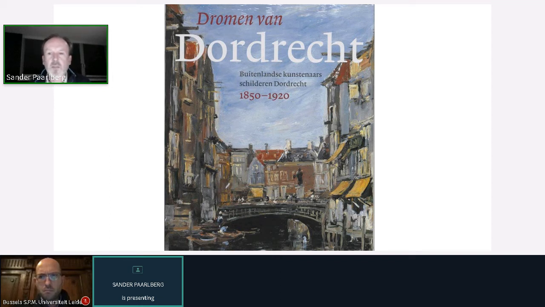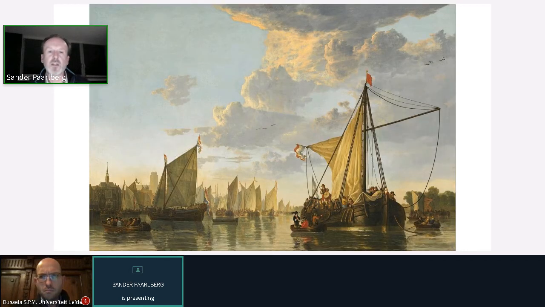and they were exhibited at the Royal Academy and the British Institution, like, for example, the famous painting which is now in Washington, this beautiful painting with a view of Dordrecht. It actually depicts the assembly of the fleet of Frederick Henry in 1646, and on the left we can see the city town gate and the great church of Dordrecht, and we can see all the ships laying at anchor